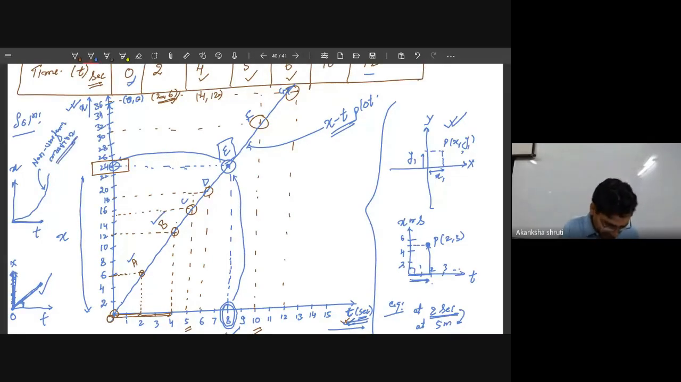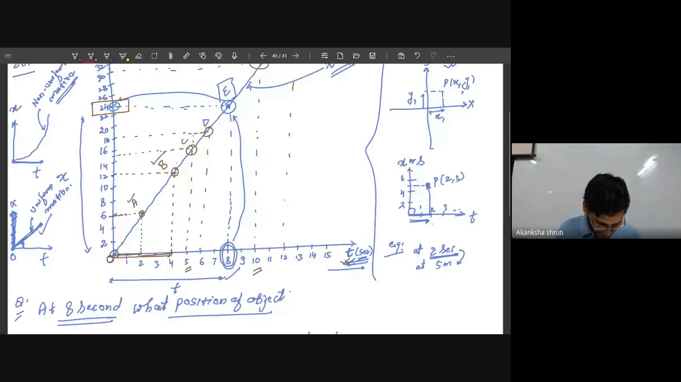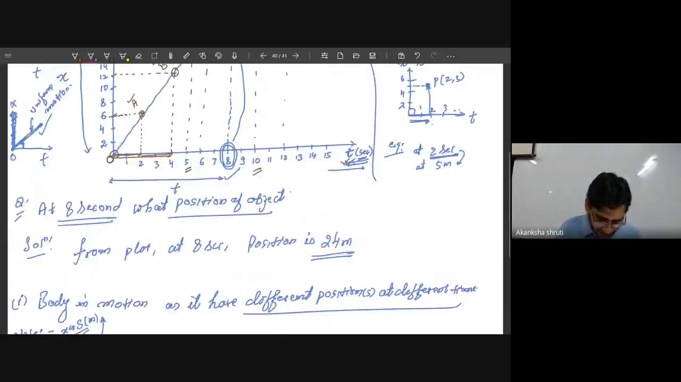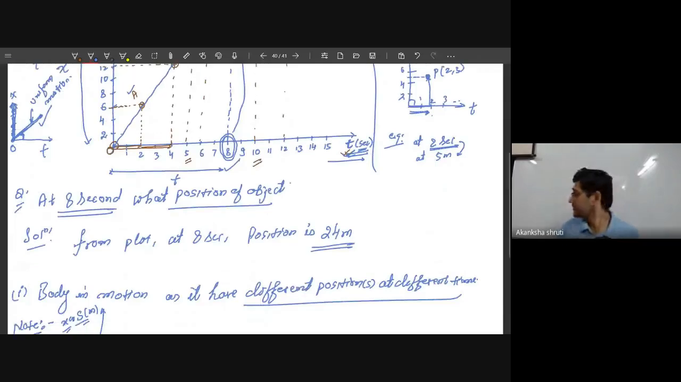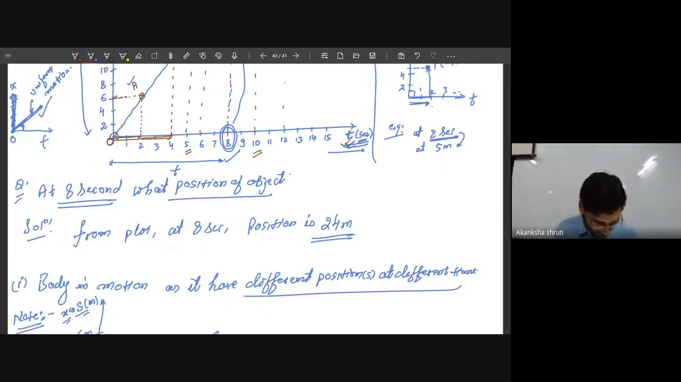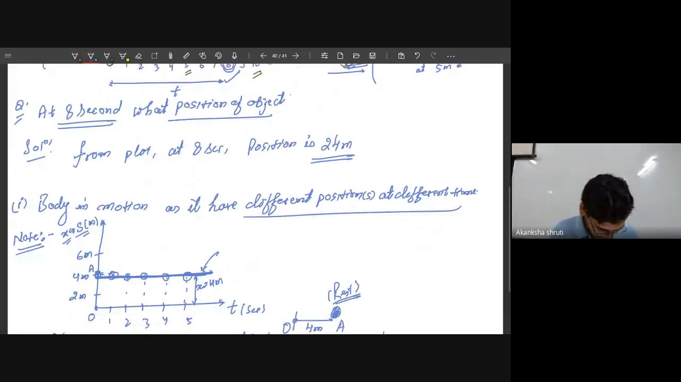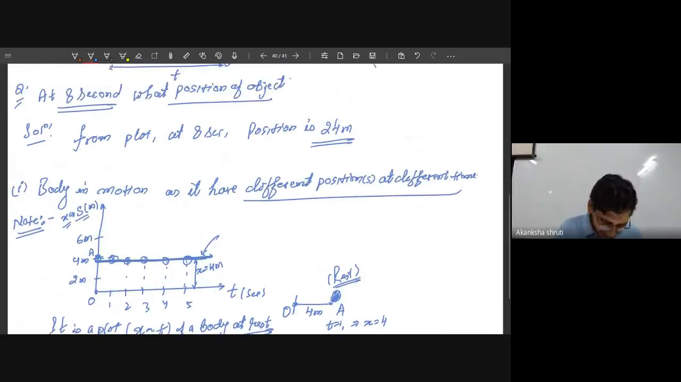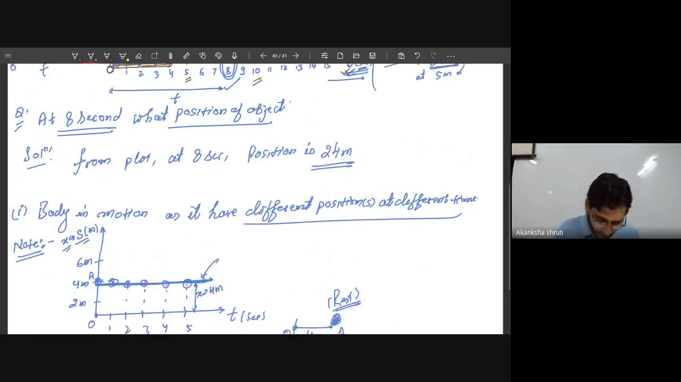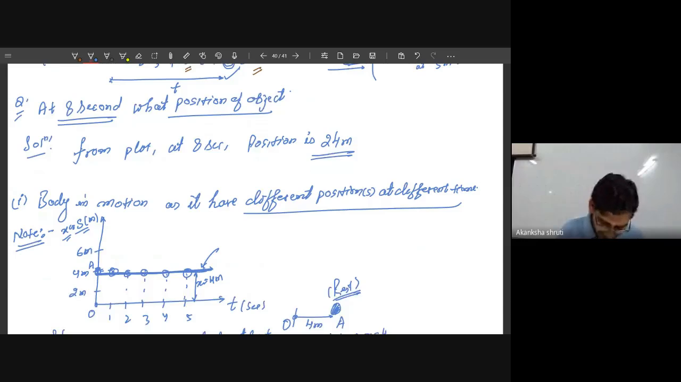Okay, student. So considering these ideas, we have also done one of the questions. Various questions we were doing. In that, from this graph we can determine the different positions or locations at different times. It is one thing. So that we have done. Another thing we have learned here also: if the body is at rest, means if the body is not moving,